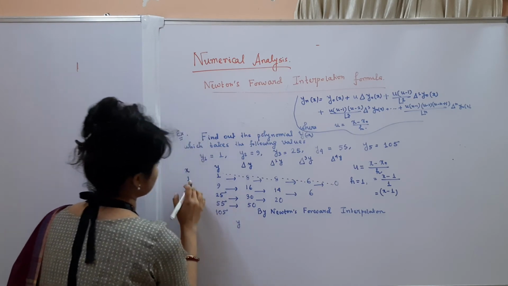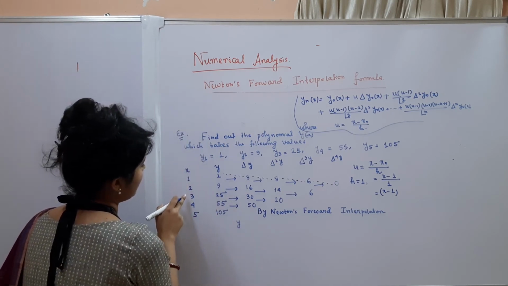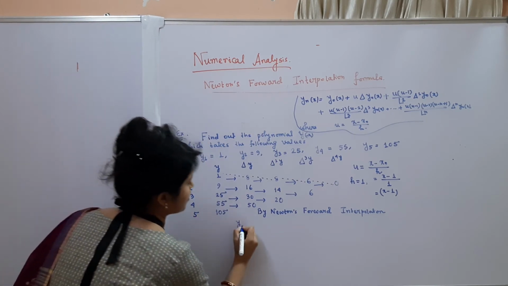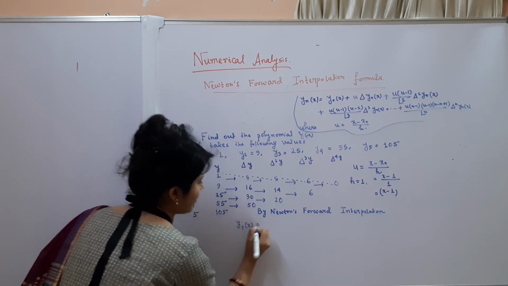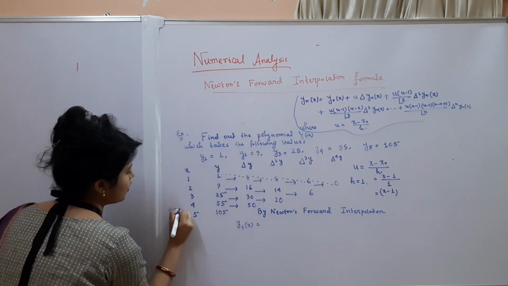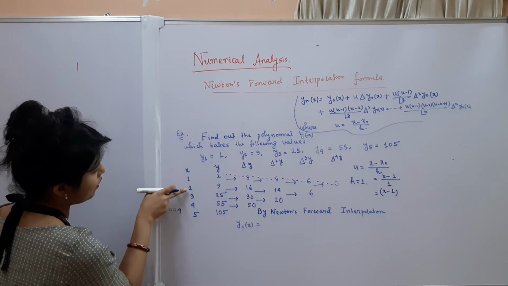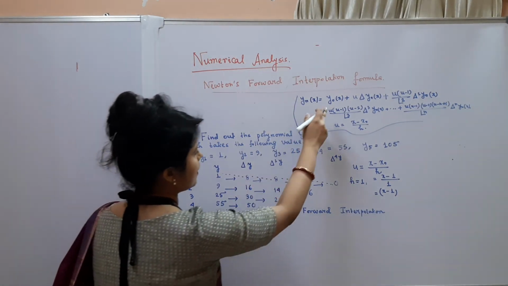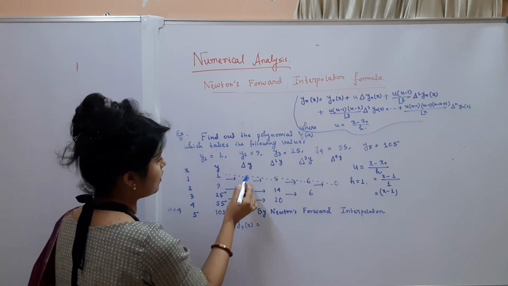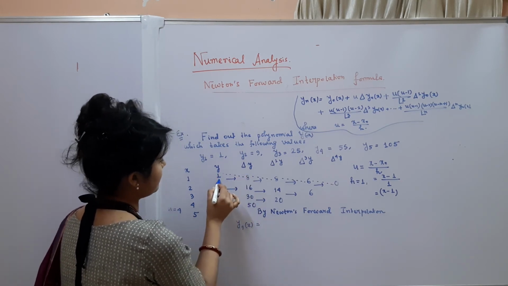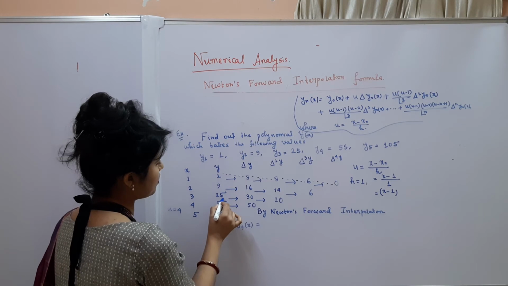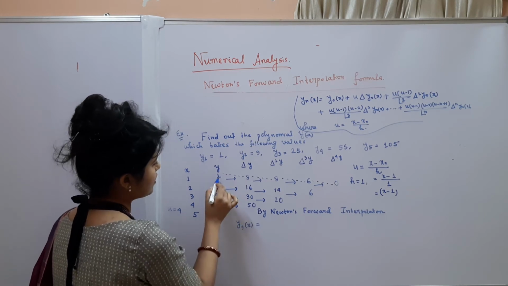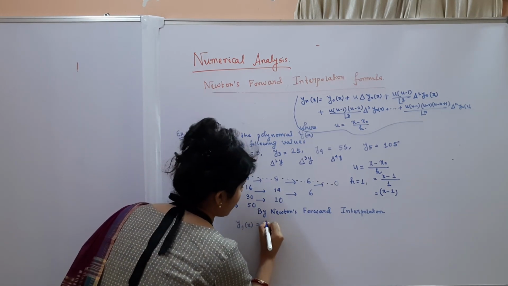So n is 0, 1, 2, 3, 4, so here n is equal to 4, and therefore y4(x) equal to y0. So what is y0? y0 is this one, this is y1, this is y2, this is y3, this is y4. So y0 is 1